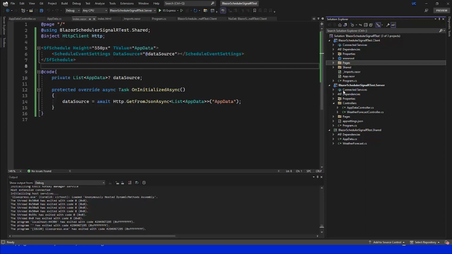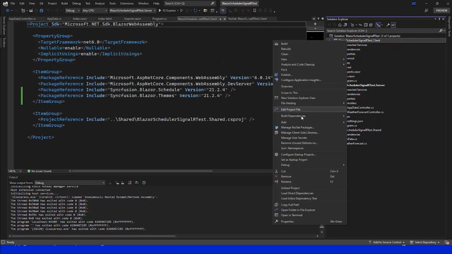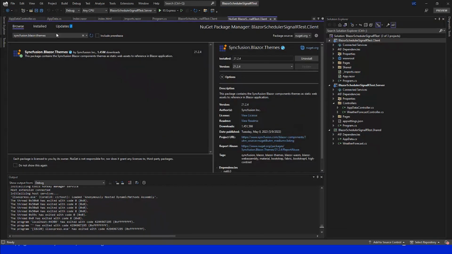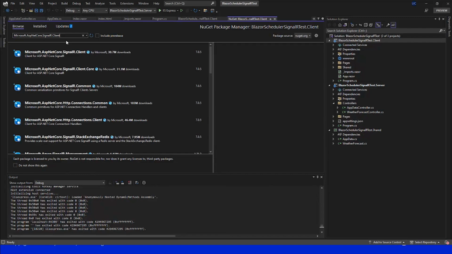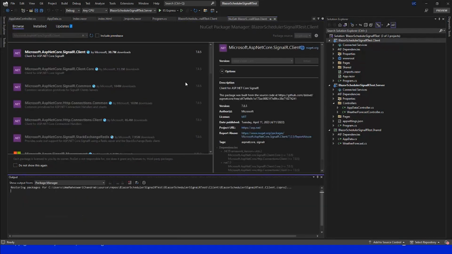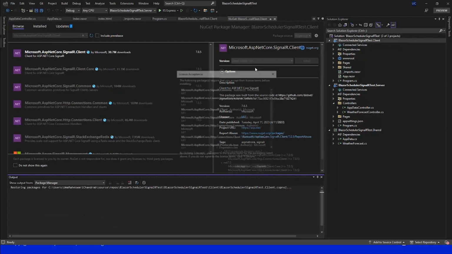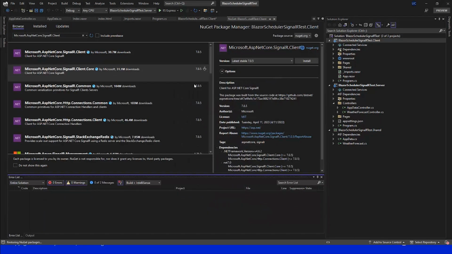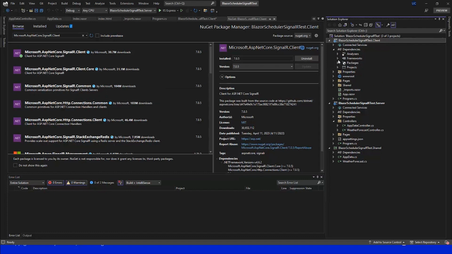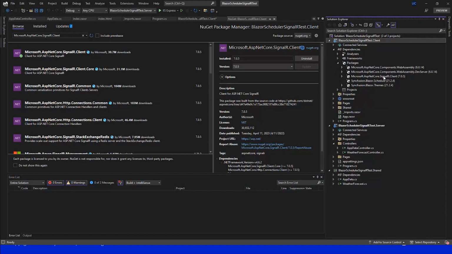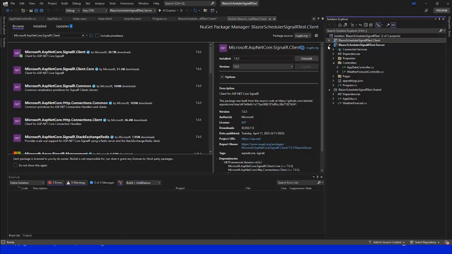So before that, in the client project, one more package I need to install. That is the SignalR client, Microsoft.AspNetCore.SignalR.Client. So I'll just install it. This should be installed in the client project. All right, so the SignalR client is installed in the client project. Now moving on to the server project,